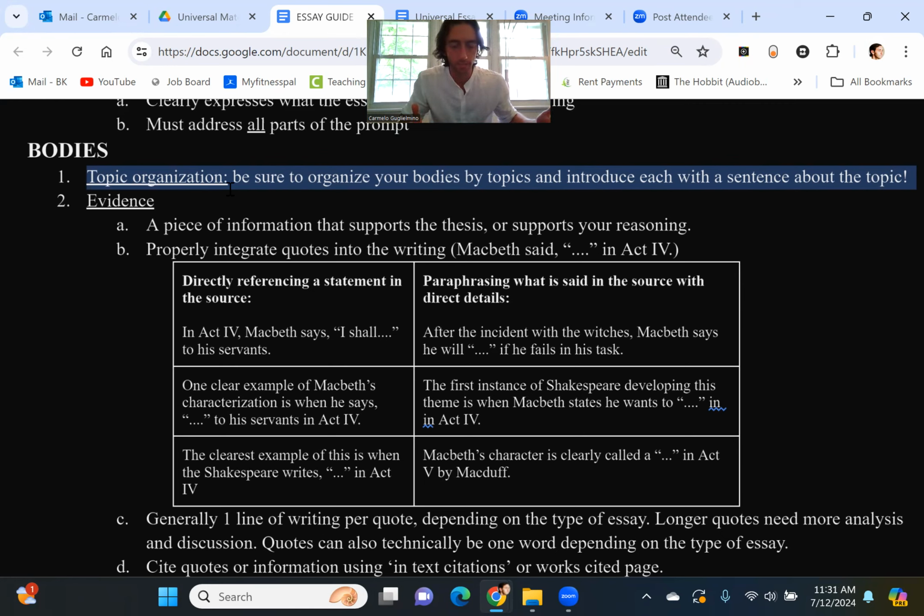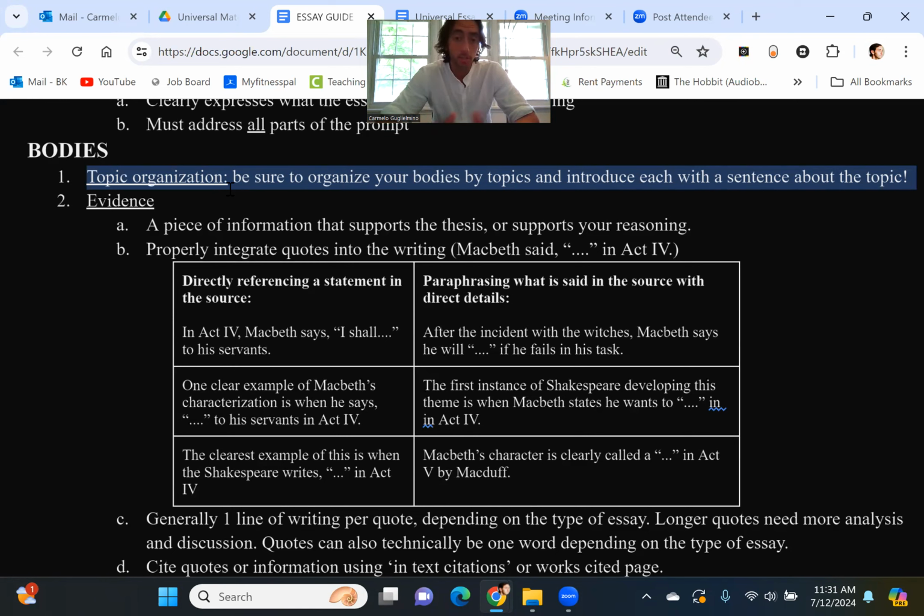Obviously, we're going to have to give examples in the story. That's the best way to do so. We're going to give you some examples of where we see whatever it is that we are trying to argue in the text. We're going to give some actual direct textual evidence as well. Now, do you just kind of throw it all out there? I wouldn't say that's the best idea. You want to try to organize it in some way, shape, or form.